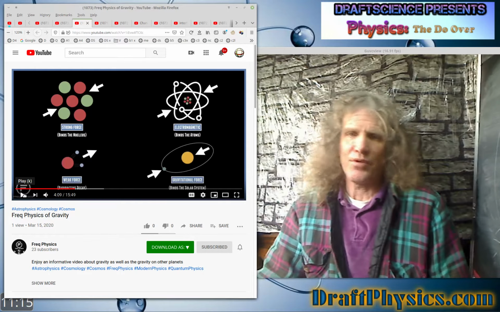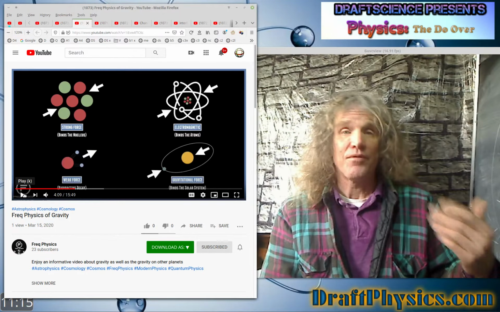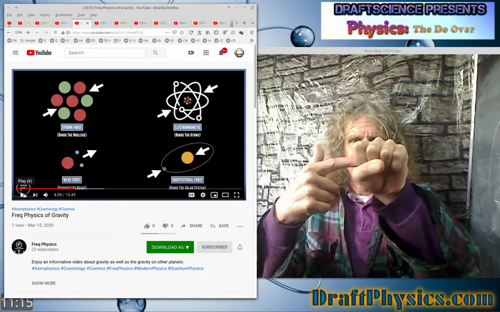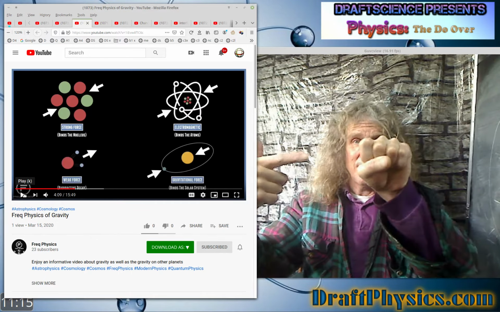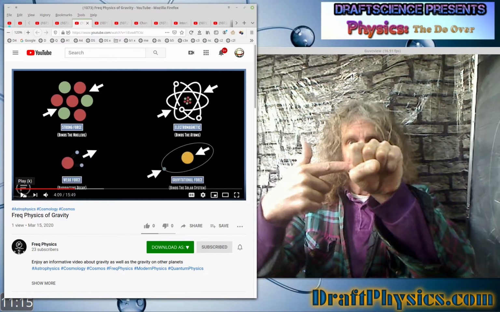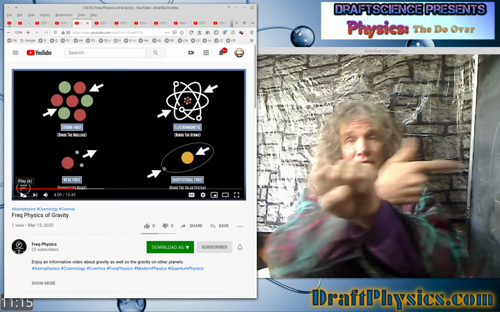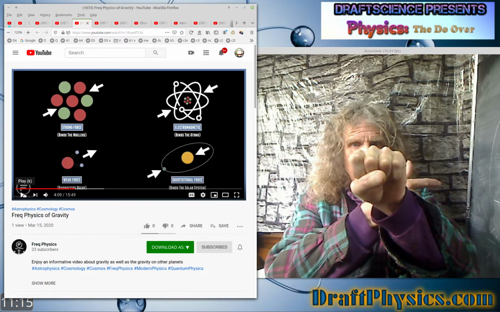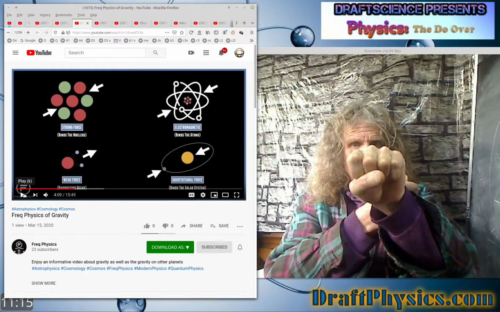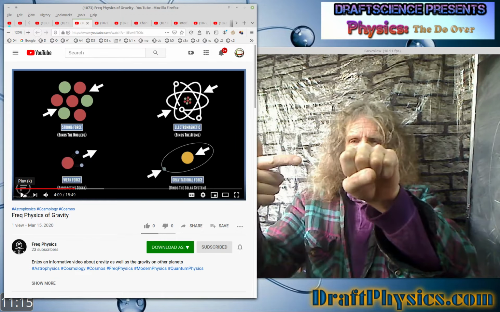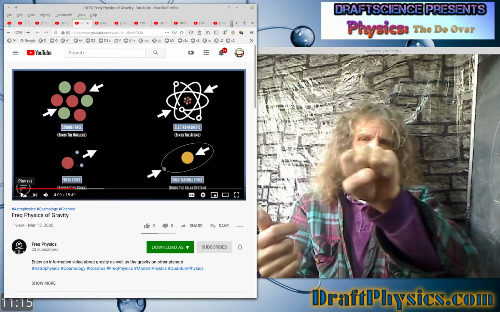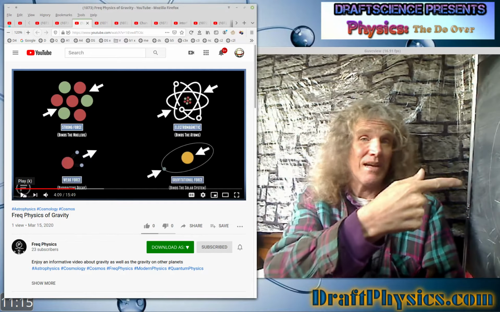The charge force is negated, and the only force left is the one where if I hit something, this is going the speed of light. It hits something. The speed of light is now not going out this side anymore, because this will move a little bit slow, right? So you can get the idea that I've converted something that was going the speed of light and getting somewhere into something going much slower than the speed of light, and therefore it's not going to get where it was going